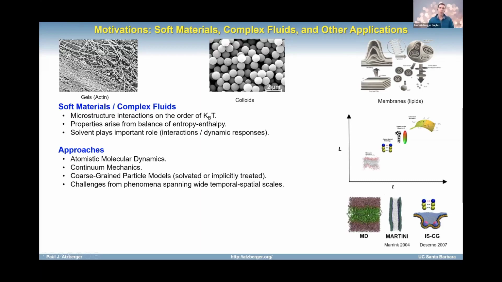So anyway, this helps grapple with some of the challenges, but I really just want to emphasize again that depending on the particular problem you're trying to solve, the issue is grappling with phenomena that often span really wide temporal and spatial scales. So you have to be very judicious about what degrees of freedom you're going to keep and retain in your simulations, and which ones you're going to try to fold into the free energy or into some other aspect of how you're modeling the kinetics.